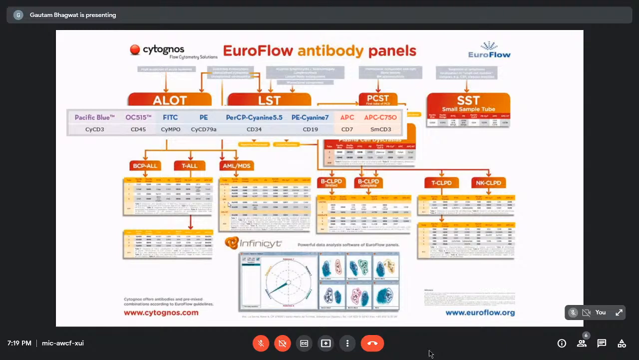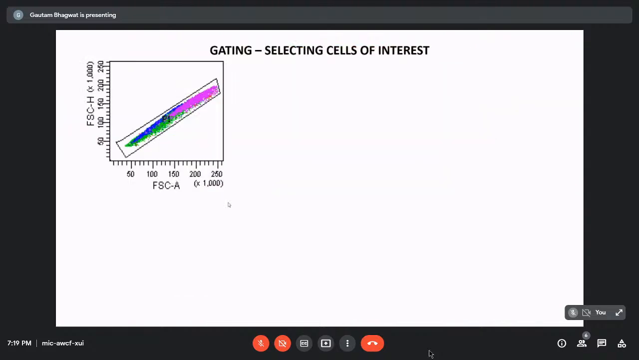So this is the ALOT tube, in which they have the markers based on what the WHO guidelines are for different lineages. Also they have the maturity or the stem cell markers, and you can get these tubes or you can create your own tubes, it is up to you. But while designing a panel, just choose wisely so that everything is economical and also gives you the maximum information. So once the panels are designed, the antibodies are put on the cells, and the cells are run through the flow cytometry machine,